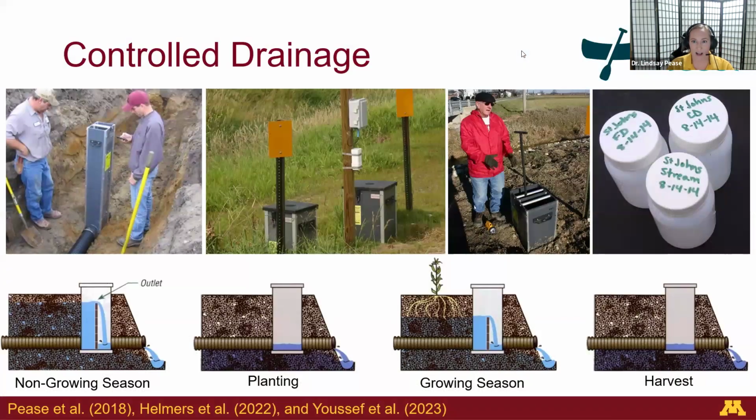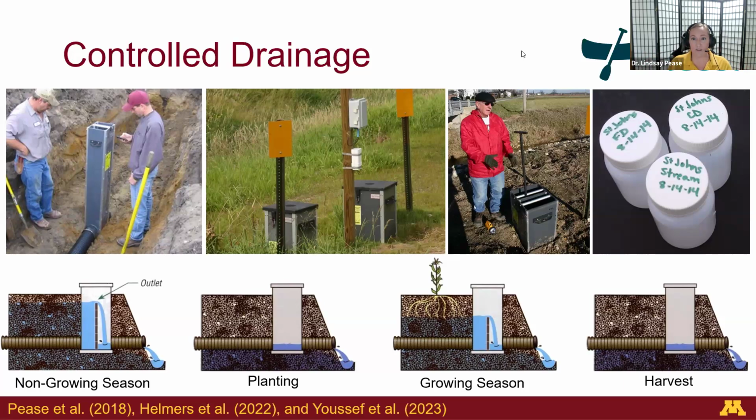The first practice I'm going to talk about is controlled drainage. This is a practice that I actually did my entire dissertation on, looking at the water quality benefits of controlled drainage systems. Basically, a controlled drainage system acts like a dam at the outlet of a subsurface drainage system, at the edge of that tile outlet. And the concept is that farmers really want that trafficability time in their field when they are planting and when they are harvesting. But if the field stays a little bit wetter during the winter or even during certain parts of the growing season, that's not going to affect their operation.